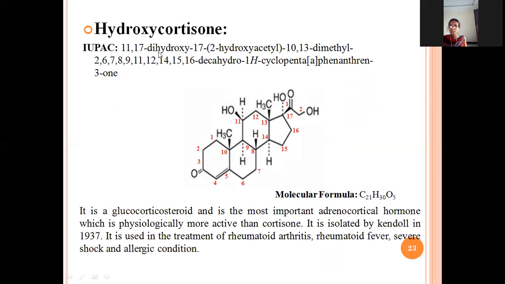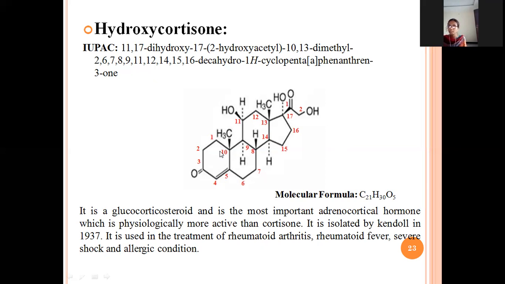11,17 dihydroxy 17 2-hydroxyacetyl 10,13 dimethyl 2 6 7 8 9 11 12 14 15 and 16 decahydrocyclopentaphenanthrene 3-one. So this is the structure of the phenanthrene. It is the cyclopentane. So for the phenanthrene, in the third position oxygen is there, that is 3-one, and